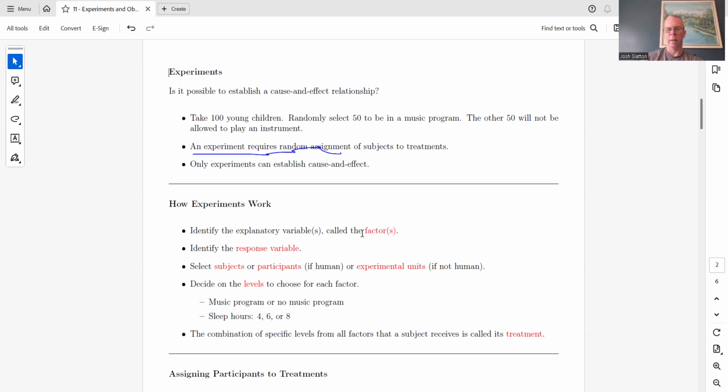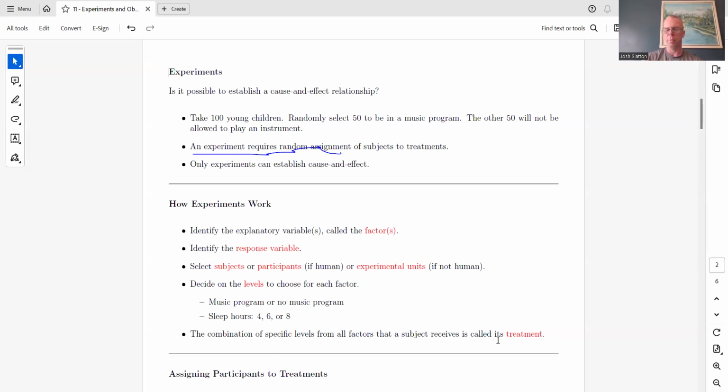So again, factors: how many things are you going to assign to each person in the experiment? That tells you how many factors. So we have to have at least one factor, and then each factor has a certain number of levels. We need at least 2 levels per factor. So we see 2 levels here, 3 levels here. It doesn't make sense to have 1 level in a factor, because then there's no delineation there. Everyone's getting the same thing if that was the case, so there's no point in doing that.